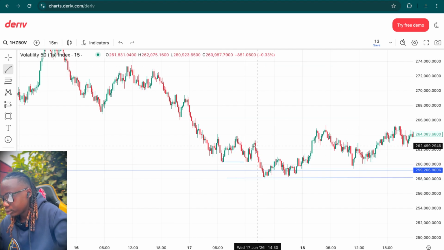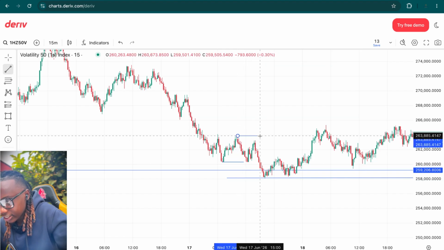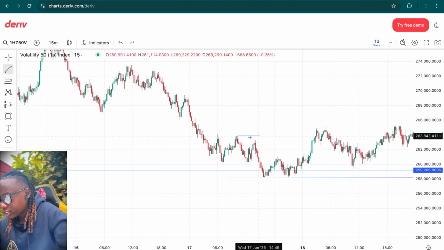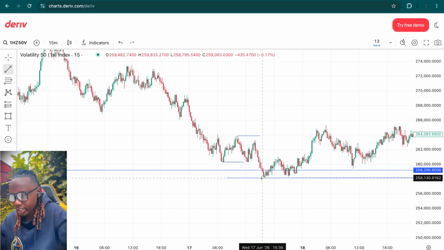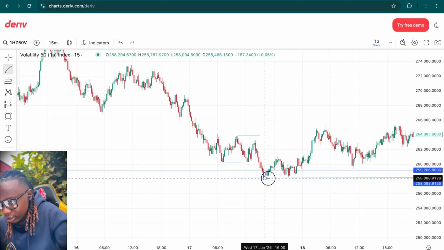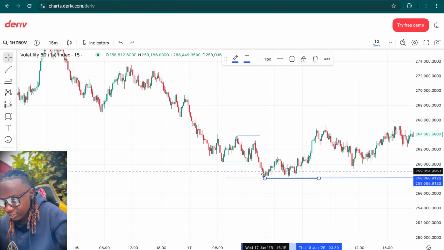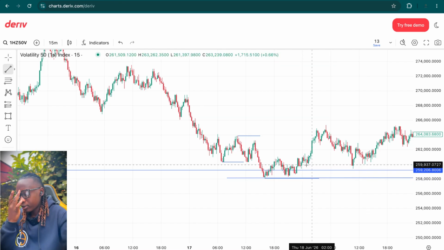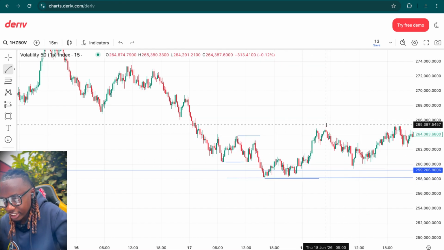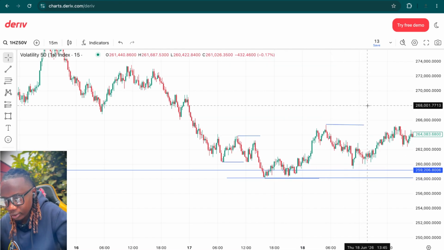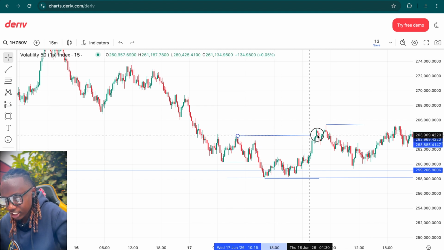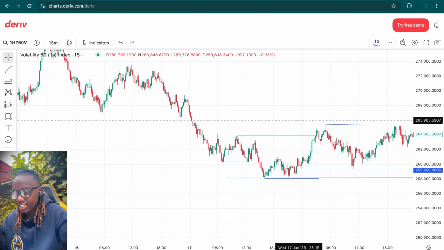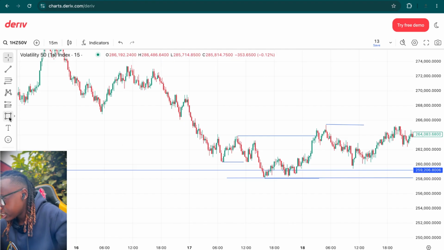That was a very good low, and then we had a very good lower low. After that lower low, price proceeded to break the previous lower low to give me now a new low like that. So after giving me a new low like that, then price now changed structure, you can see, and it went ahead to give me a new higher high after this change of structure. Now we had a very good change of structure after price decided to go up,